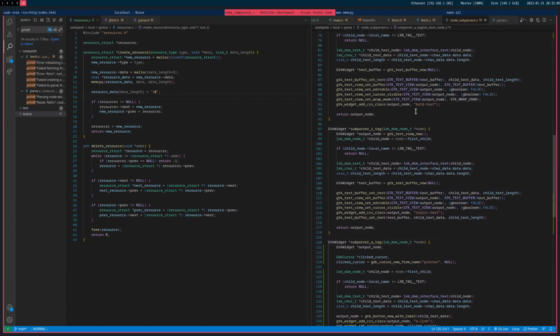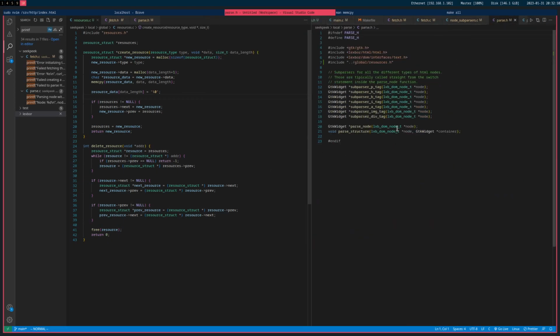So parser.h. Here are all of the sub parsers, you could say. A parser for P, parser for H, parser for B, I for italic, a link, and now I will be doing these two, IMG and the div. For now those are done. Now I'll have to do IMG, which probably will be hard as hell too, like A was, because A was hard. I had to come up with a solution to connect the click event to a new button